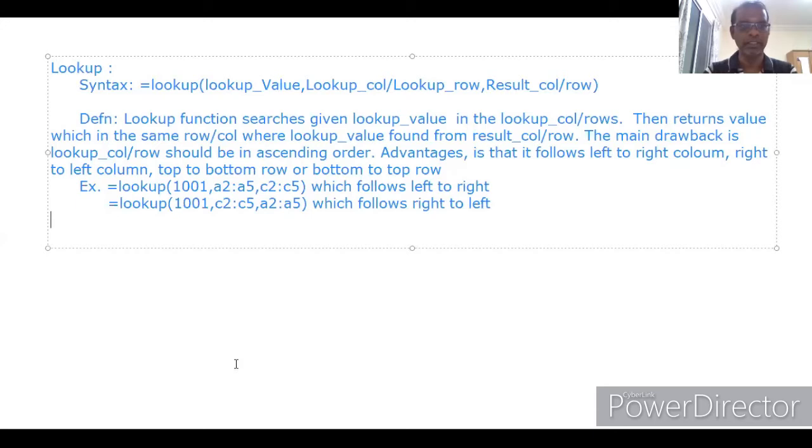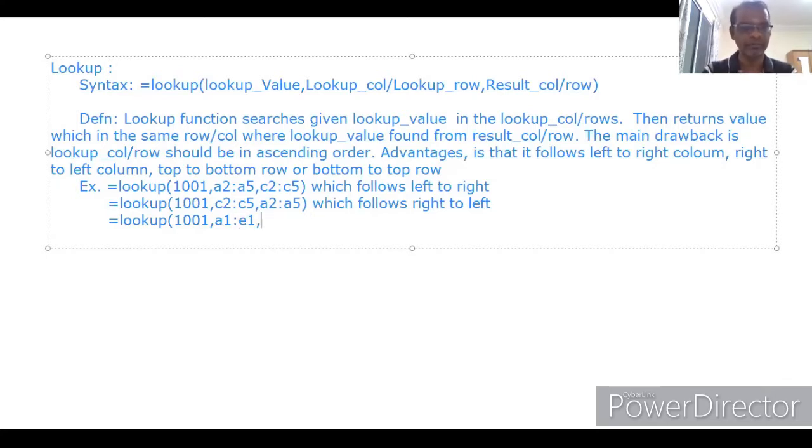Similarly, third example, LOOKUP 1001, comma. We can have horizontal wise, that is row wise. We can have A1 colon E1, comma.